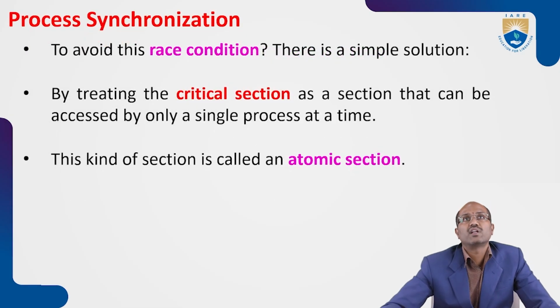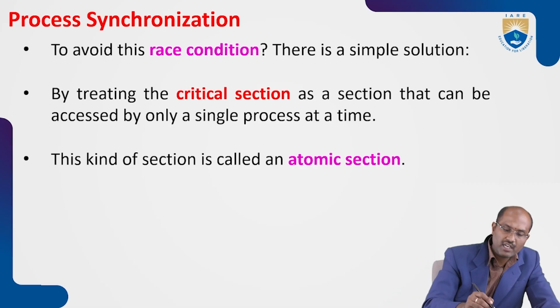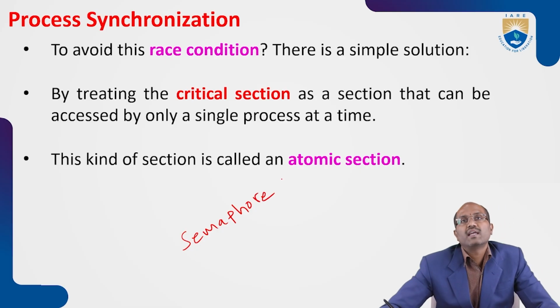To avoid this synchronization problem, to avoid this race condition, there is a simple solution: treating the critical section as a section that can be accessed by only a single process at a time. This kind of section is called an atomic section. To solve this type of critical section and race condition, you use that variable as a semaphore. A semaphore is a protected integer variable that allows any one process to enter into the critical